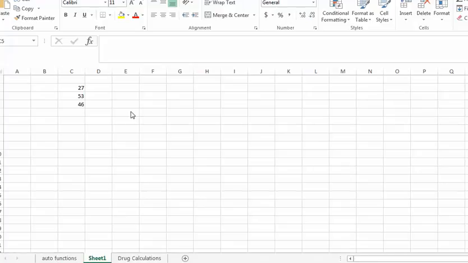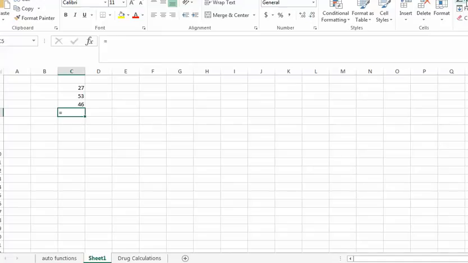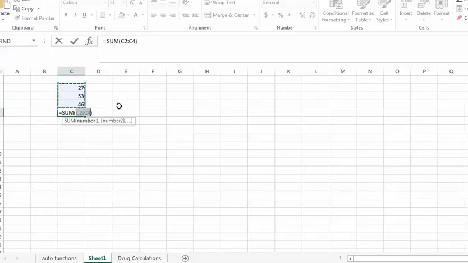First, let's talk a little about calculations in Excel. Here I have a spreadsheet, and when you want to do formulas, you start with an equal sign. There are some automatic formulas such as AutoSum, which is just outside of the picture, but it's up top. If you click on it, AutoSum will then make a suggestion. So here it is suggesting that I want to add up C2 to C4, and I do, so I hit